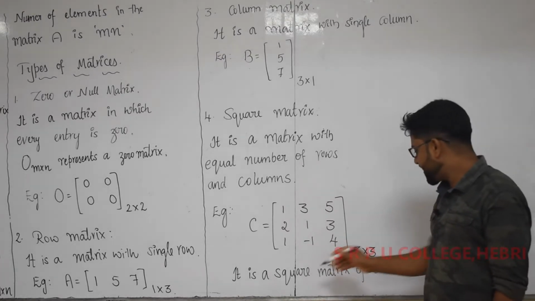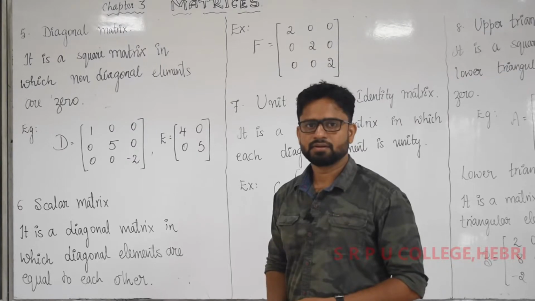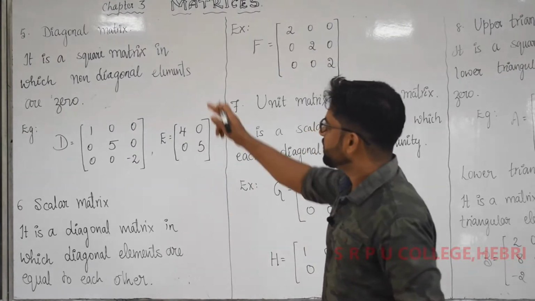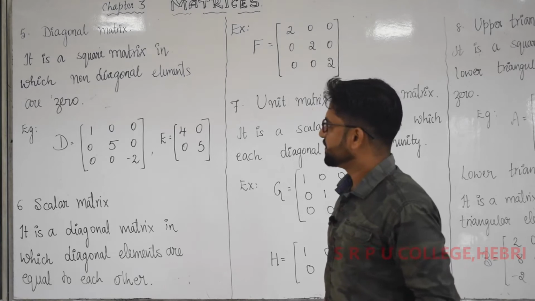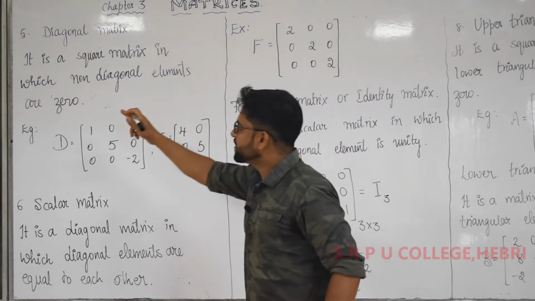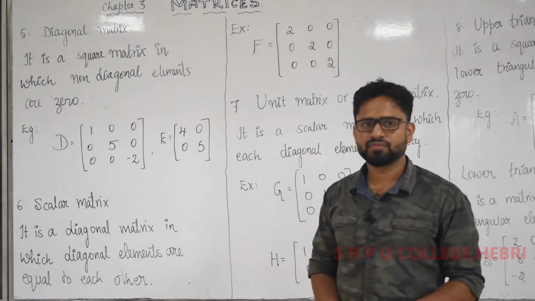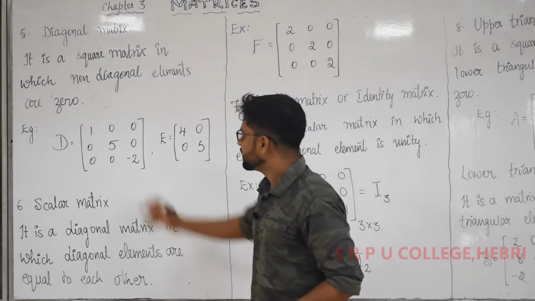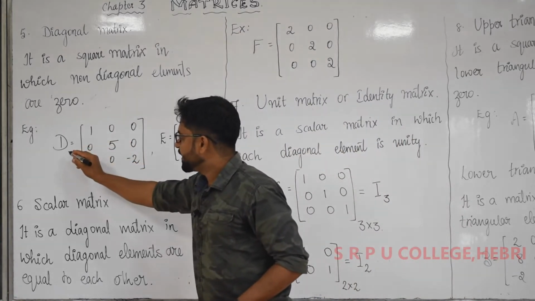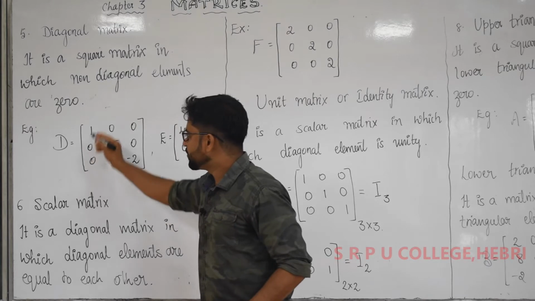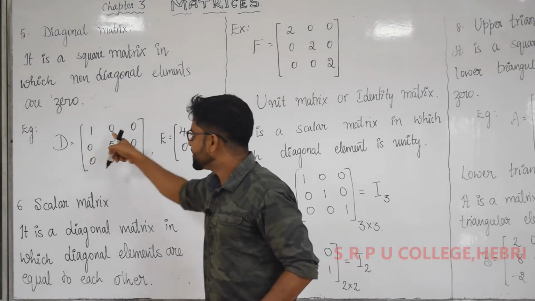It is a square matrix of order 3. Next type is type number 5, diagonal matrix. It is a square matrix in which non-diagonal elements are 0. Non-diagonal elements means, we can observe here, example: matrix D is equal to within square bracket 1, 0, 0, 0,